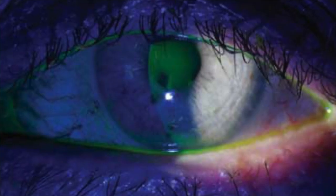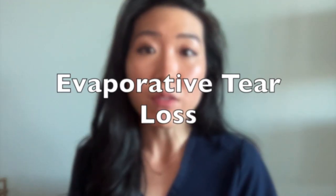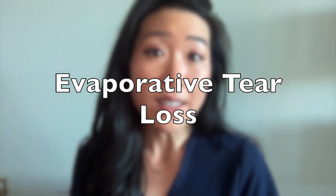The more common type of dry eye is when the eye makes tears, but the tears evaporate quickly due to a lack of an oil layer. This is called evaporative tear loss, and I like to address the underlying issue for this type of dry eye. If there is inflammation on the eyelid margins that suggests that there is an underlying condition called ocular rosacea,